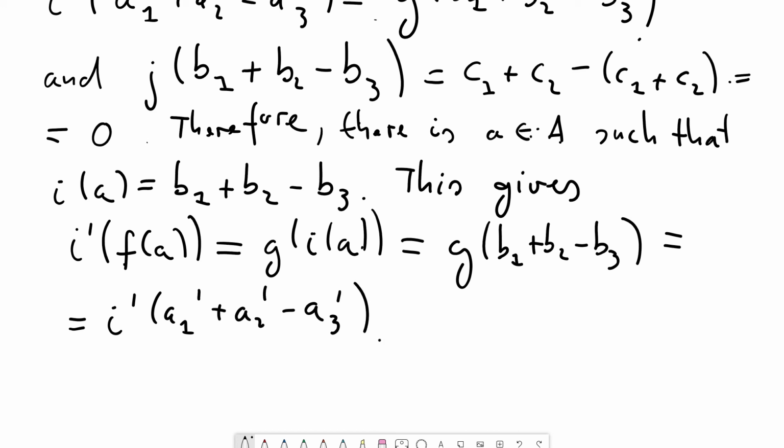We've got an equality here of elements mapped under I prime. I prime of f of A is equal to I prime of A1 prime plus A2 prime minus A3 prime. But I prime is injective. And therefore, if these two images here are equal, then these corresponding pre-images must be equal too. So since I prime is injective,